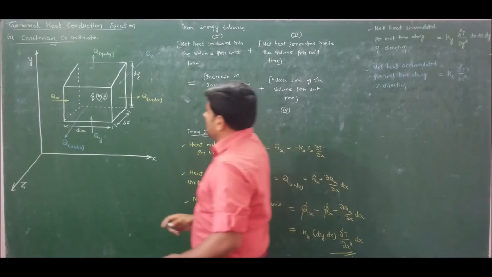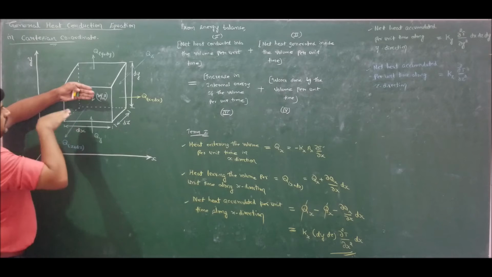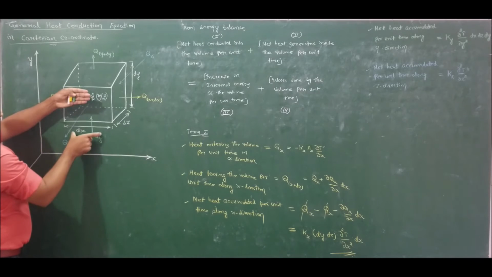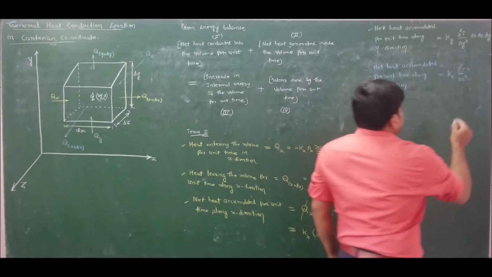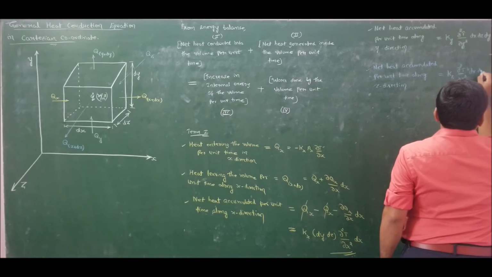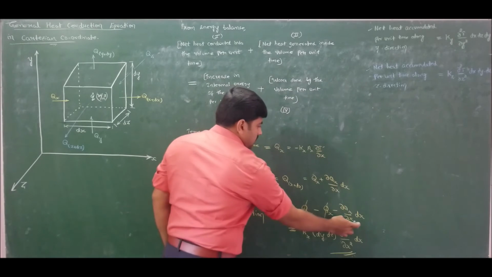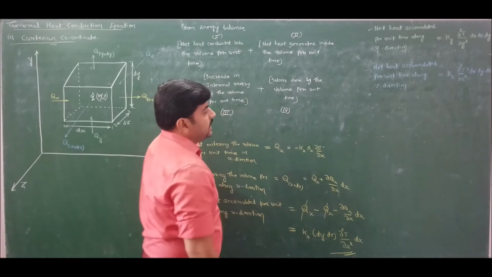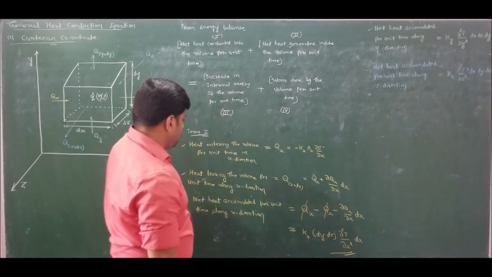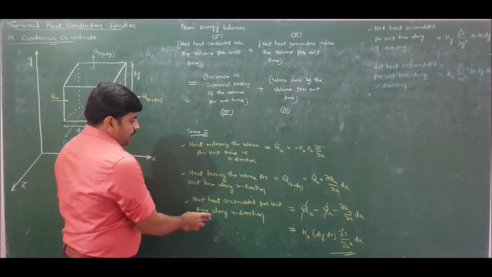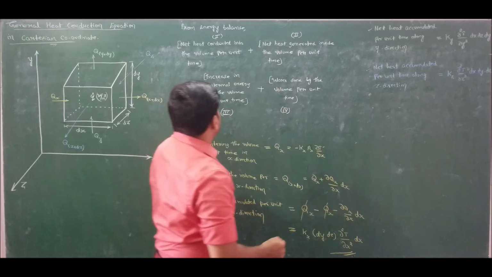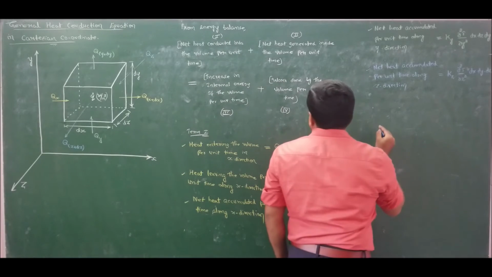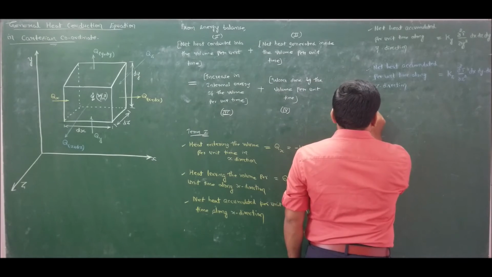Now the area perpendicular to the direction of z is dx dy. So therefore the volume is dx dy into dz. So dz is from this expression, writing it along z direction. So therefore we have calculated what is the net heat accumulated per unit time along x direction, y direction and z direction. So therefore the total heat conducted from all the three directions will become,